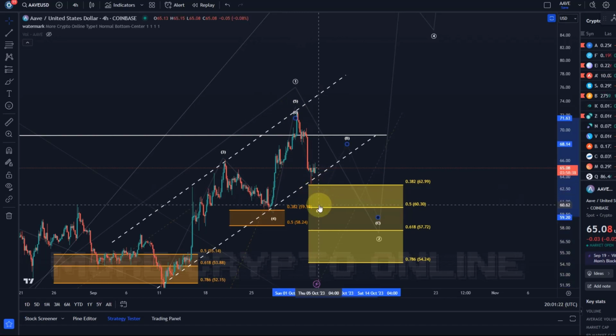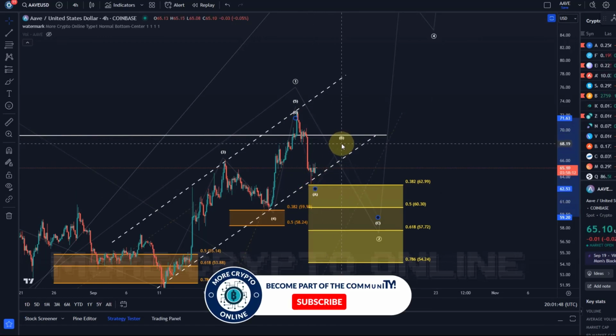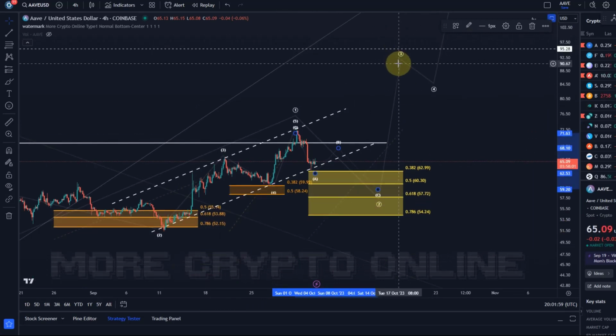An A wave can also go to the 50% fib level, no problem, but ideally I don't want it to go below the 38.2 fib level. Then we should see a B wave that could start now, ideally at some point. It would only be a corrective move up, so rather shallow or at least nothing too aggressive, most likely. This A wave could also get one more low, but either way, at some point we should get a B wave here, and then a C wave down. So even though that is a support zone, and I would call it an opportunity zone where reward and risk are favorable for a third wave rally,